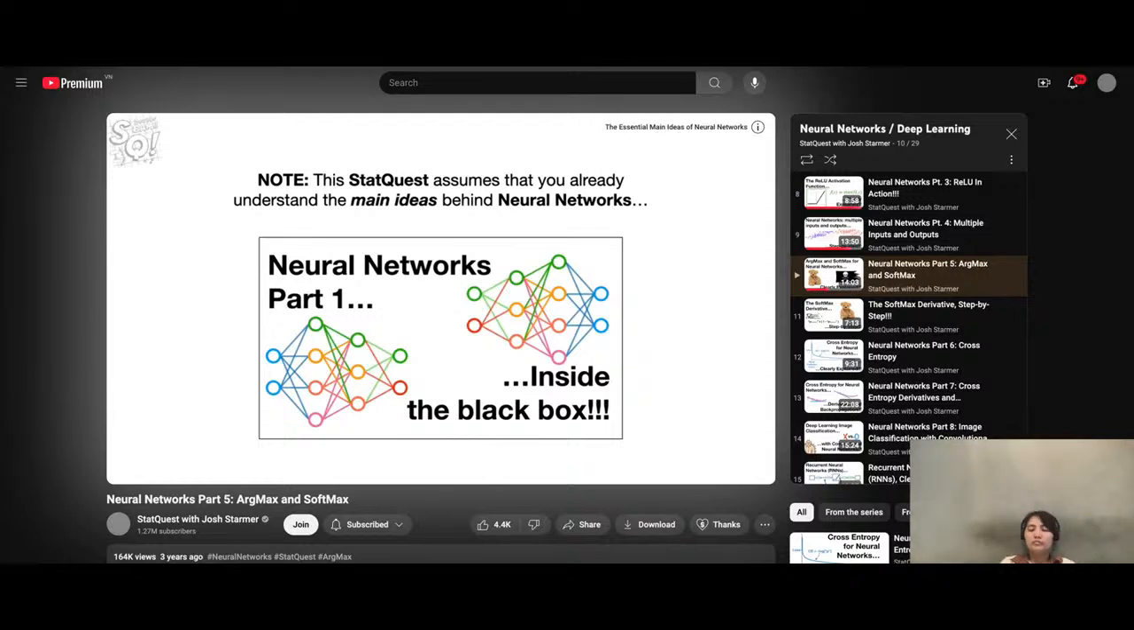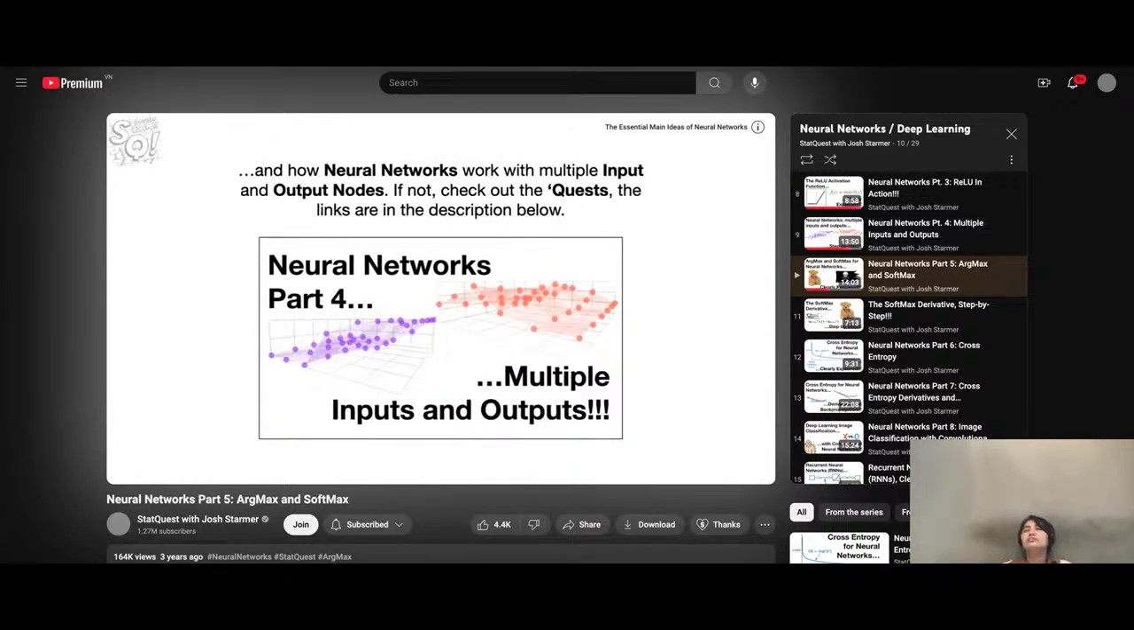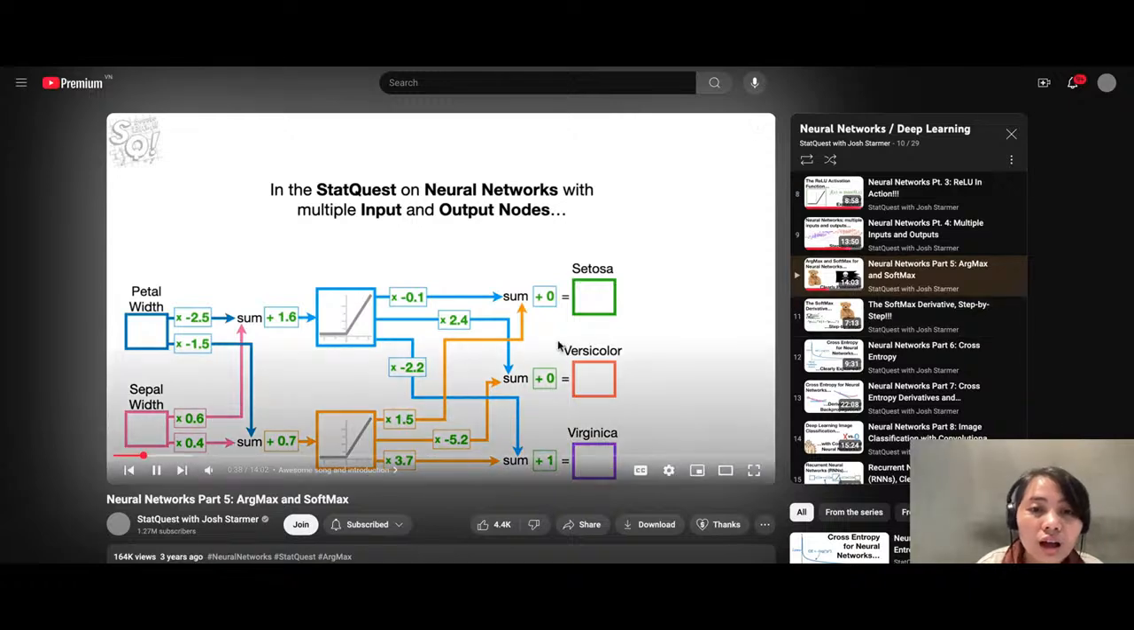Note, this StatQuest assumes that you already understand the main ideas behind neural networks, the main ideas behind backpropagation, and how neural networks work with multiple input and output nodes. If not, check out the quests. The links are in the description below. In the StatQuest on neural networks with multiple input,